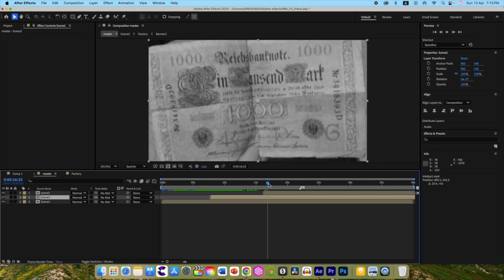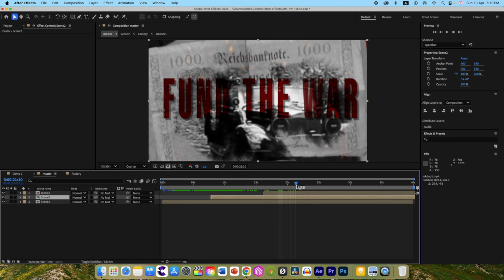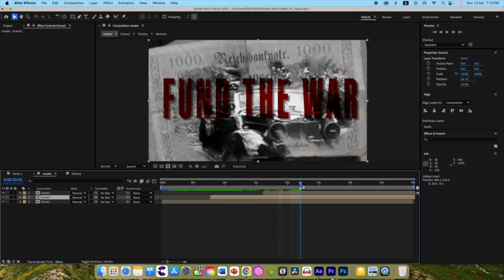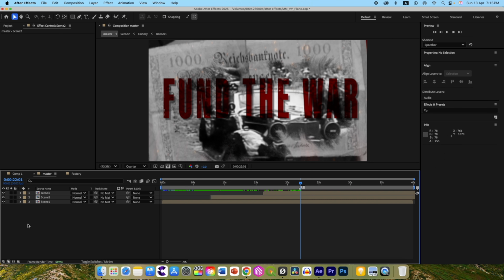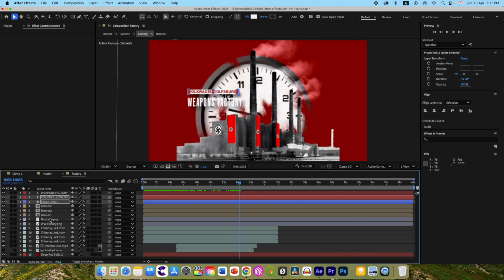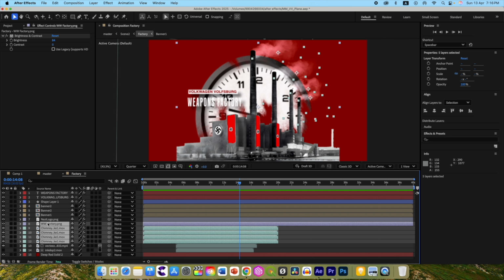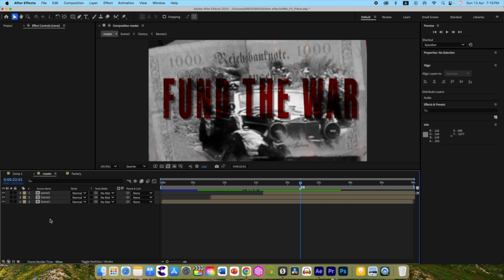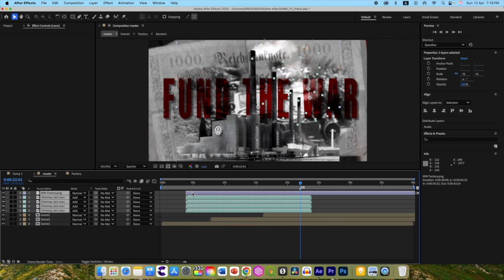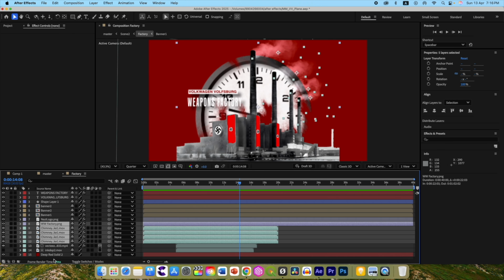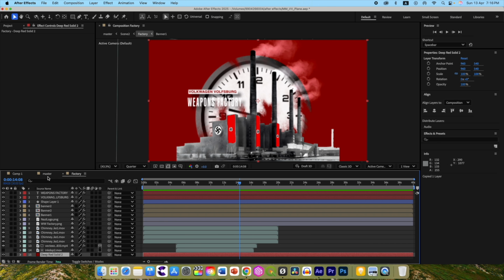Let's just focus on this fourth scene from around here. Fund the war. Okay, so here it will start. So for that we will need this factory. Alright, so let's do that. Let's select this factory and let's select all this chimney. This much only it is needed. So copy it, Command C, Control C and paste here. So move it to here. So let's copy this red, add it over here